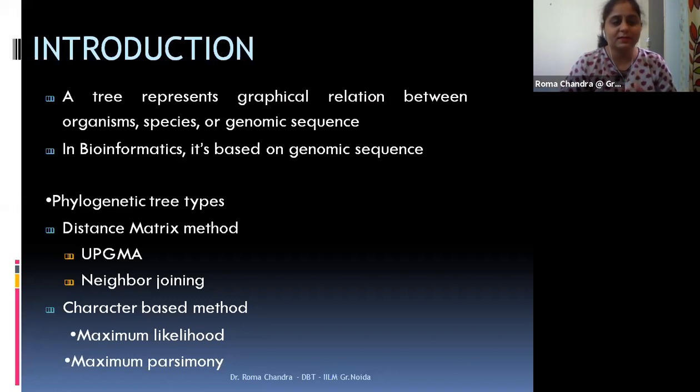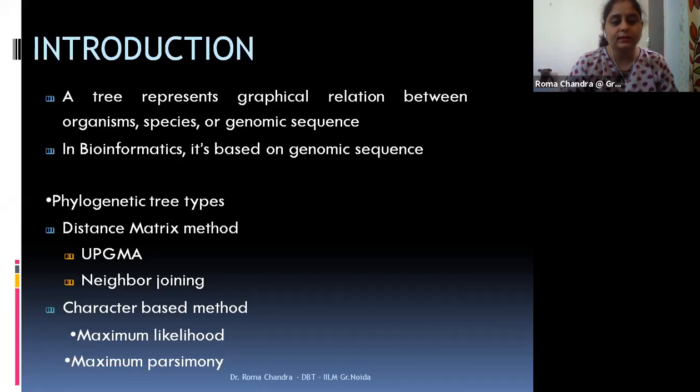Distance-based is the method where we consider the difference or dissimilarity, and based on it we have two methods, the UPGMA method and the neighbor joining method. My session will be focused on the UPGMA method and how we can construct a tree, how we can use the distance matrix to create a phylogenetic tree.